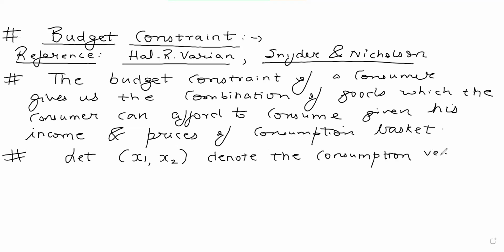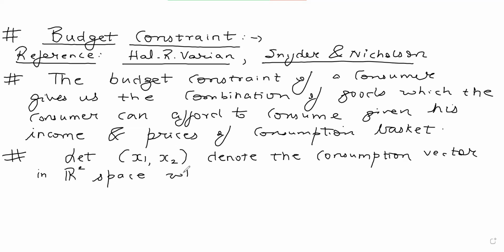It's a consumption vector in the R2 space, basically. I'm adding a bit of mathematical economics also. So X1 comma X2 denotes the consumption vector in the R2 space,